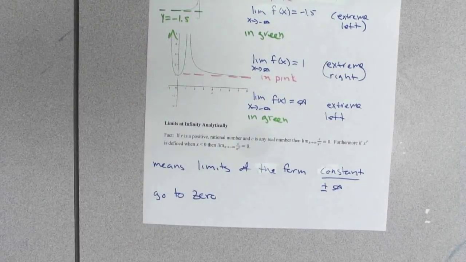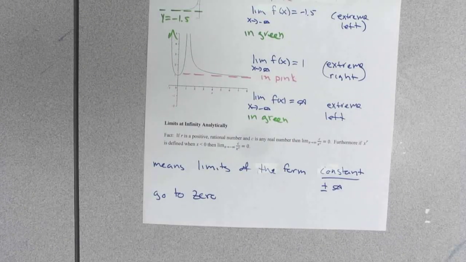Now, horrible, horrible, horrible notation. I shouldn't substitute in infinity because infinity is not a number and you shouldn't treat it as a number. So now that I've said we should never substitute infinity because infinity is not a number, we shouldn't substitute negative infinity because negative infinity is not a number. Now that I've said that we should never do it, we're going to do it anyway, and we just won't